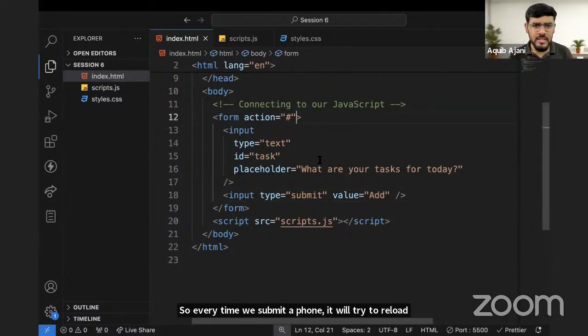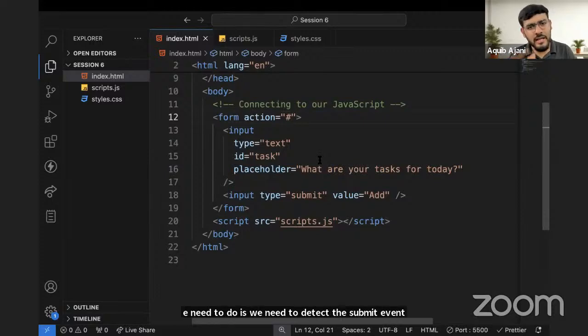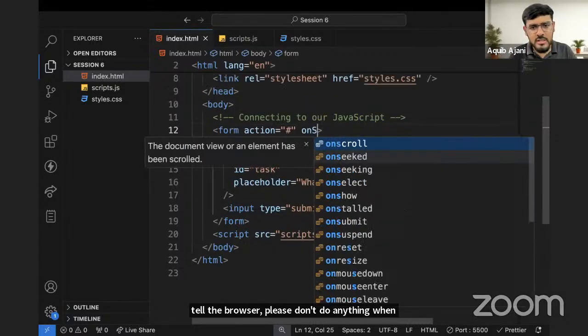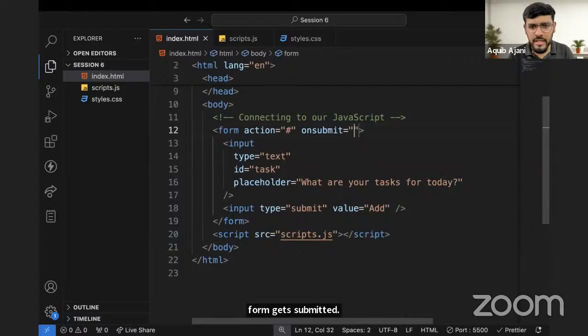To prevent this reload from happening, what we need to do is detect the submit event, and then we need to tell the browser, please don't do anything when the form gets submitted. For this, we can target the on submit event of the form. And on this on submit, we can get the event attributes. And then,